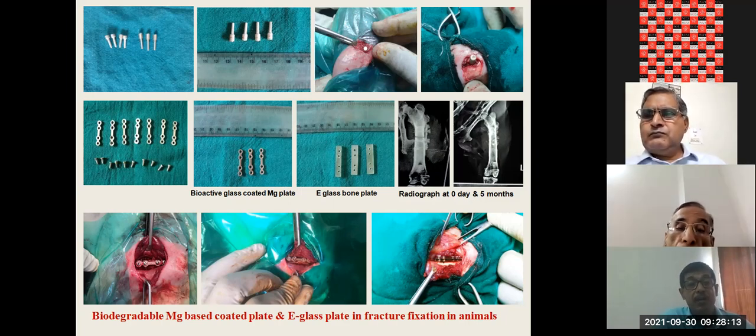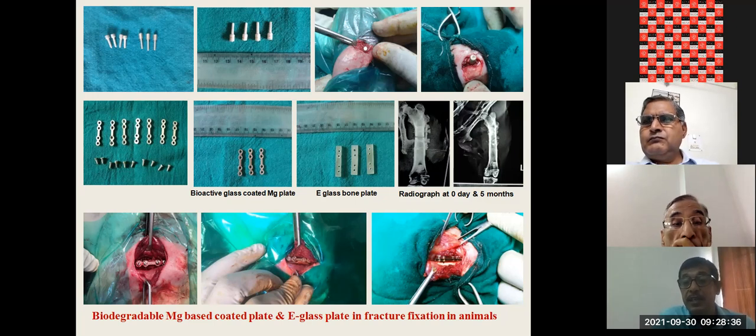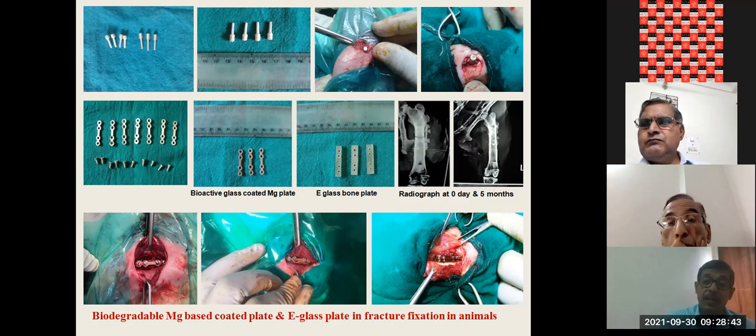So we have developed degradable bone plates based on magnesium alloy, coated with ceramics to delay the degradation process. Once this bone plate is applied as a fracture fixation device, it need not be removed in future. It is an alternative, and research is going on globally. I hope in the coming days this type of implant will have an immense impact in animal and human